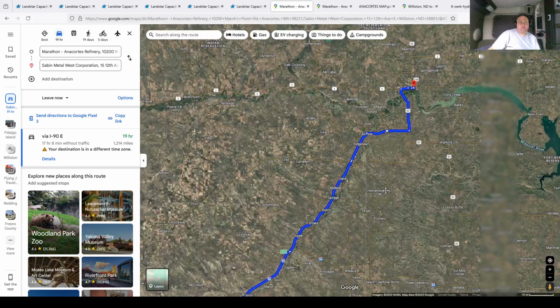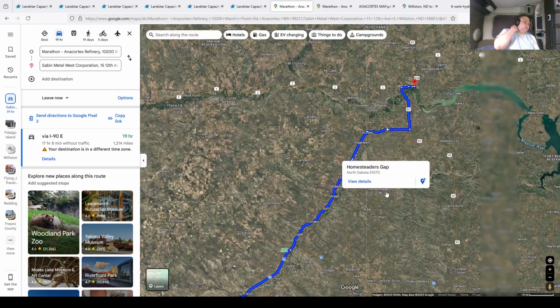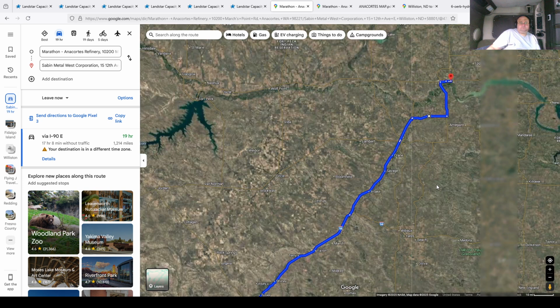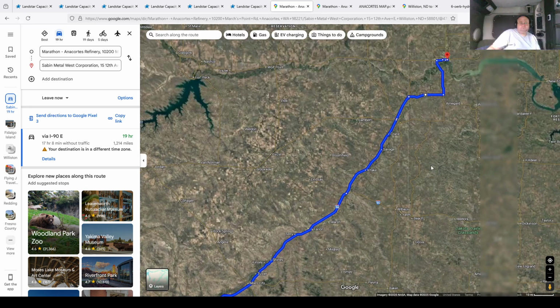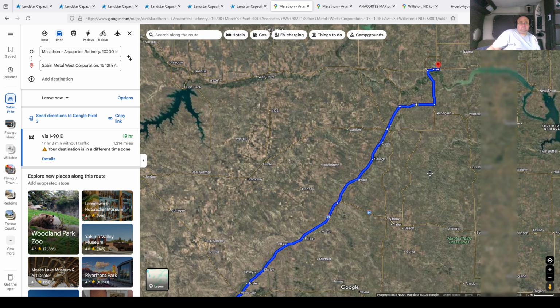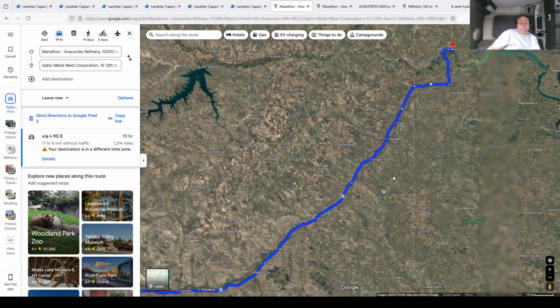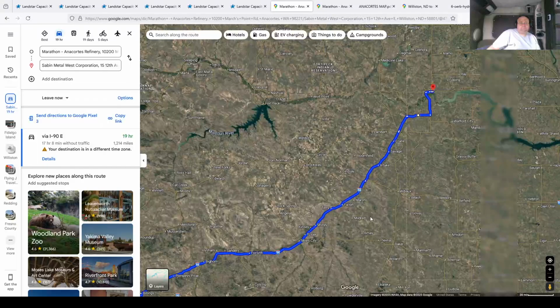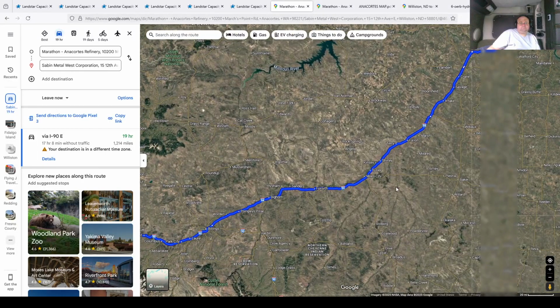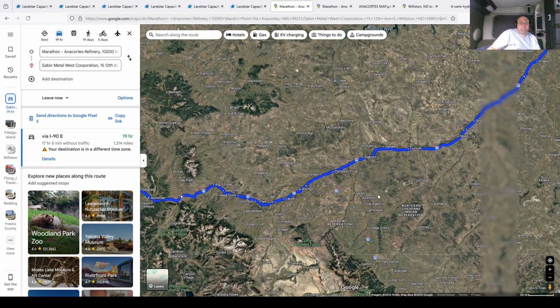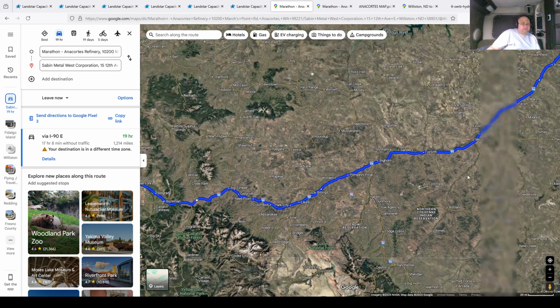So I have a special hazardous waste dumping permit for North Dakota. But yeah, that looks like the route that I'm going to take, and I'll have to do my fuel